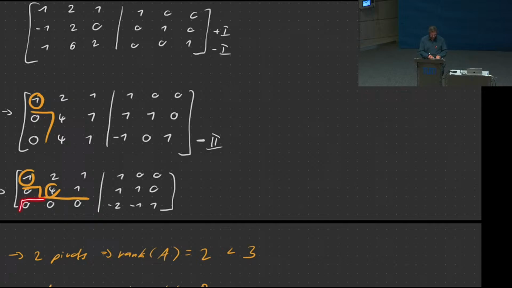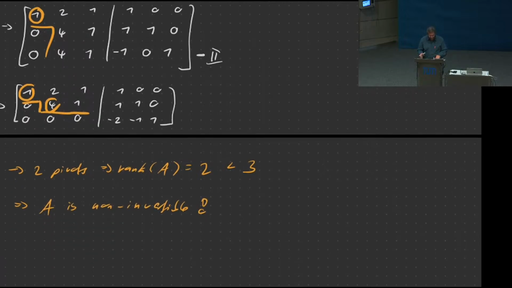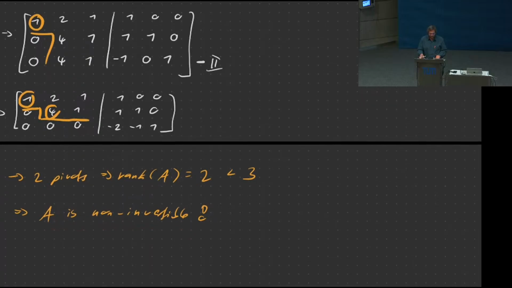At that point, I know this matrix cannot have an inverse. So I can just stop there. I can say, well, 2 pivots, the rank is 2, it's not 3. It should be 3 for inversion, so A is not invertible. All right, so once you find that your matrix is actually not invertible, that's where you stop. And of course, write a quick note.